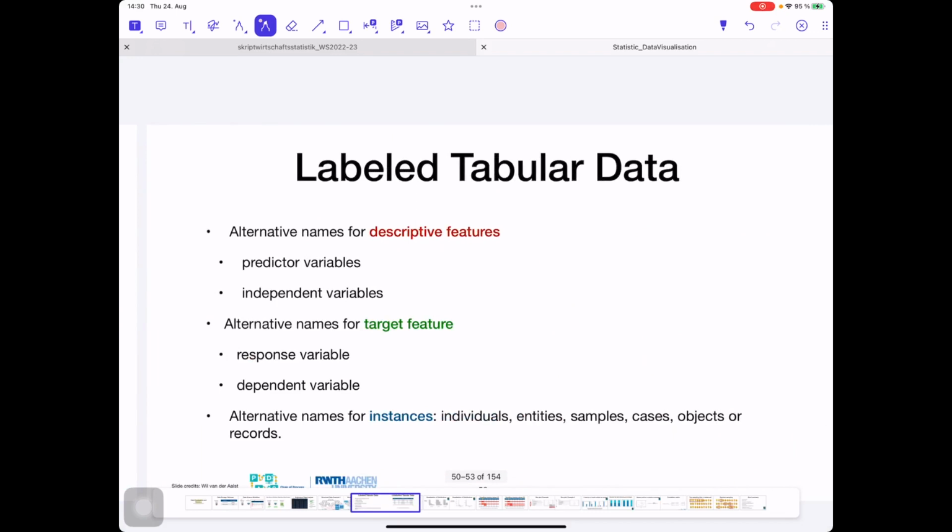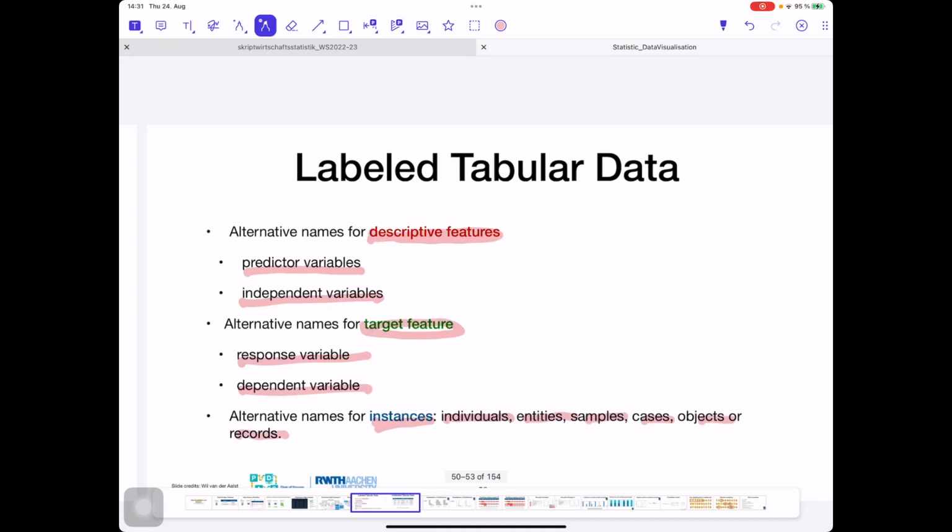For example, alternative terms for the descriptive features could be predictor variables or independent variables, and alternative terms for the target features could be response variables or dependent variables. Also, sometimes the instances are called individuals, entries, samples, cases, objects, or records.